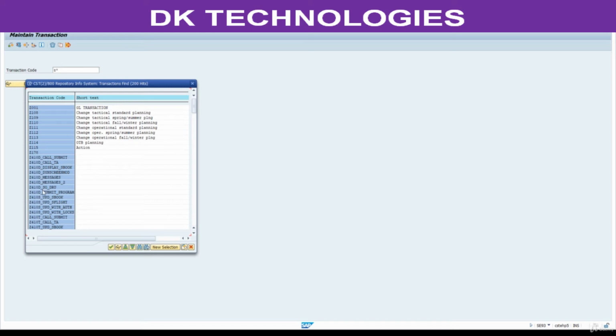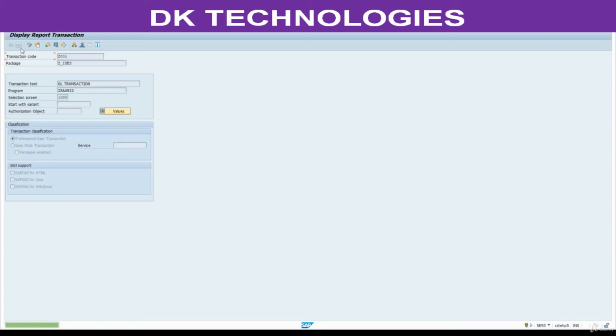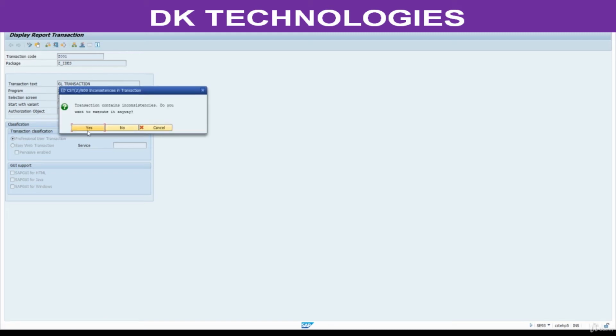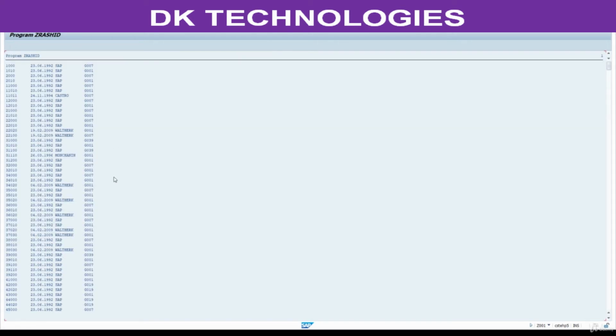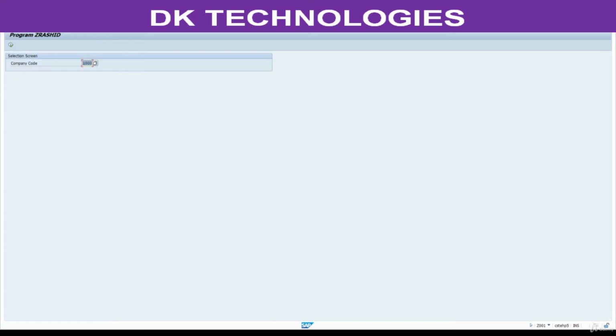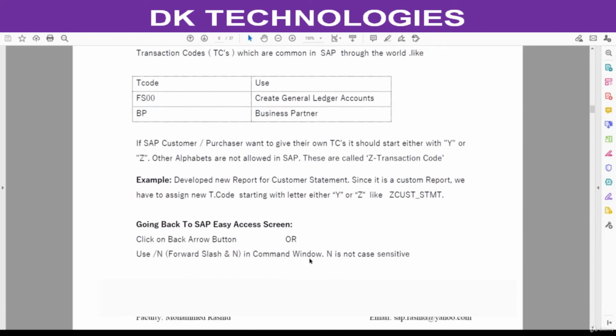We created these T codes for our own purpose. Click on this, execute. See, this is the T code created by us, this is one program created by us only. Hope you understand. Anything that starts with Z or Y indicates it is not delivered by SAP. These are created by the client only.